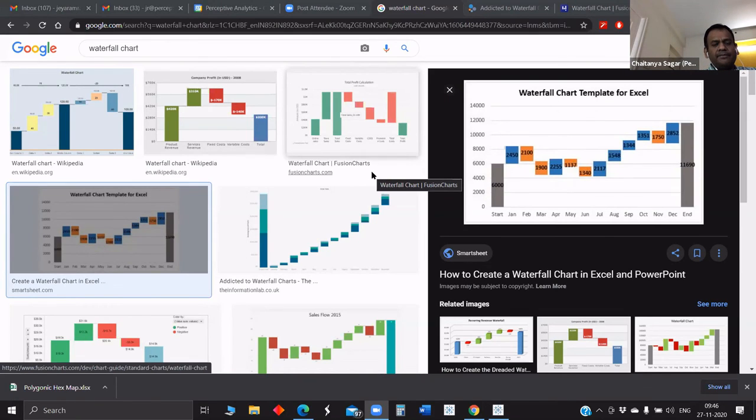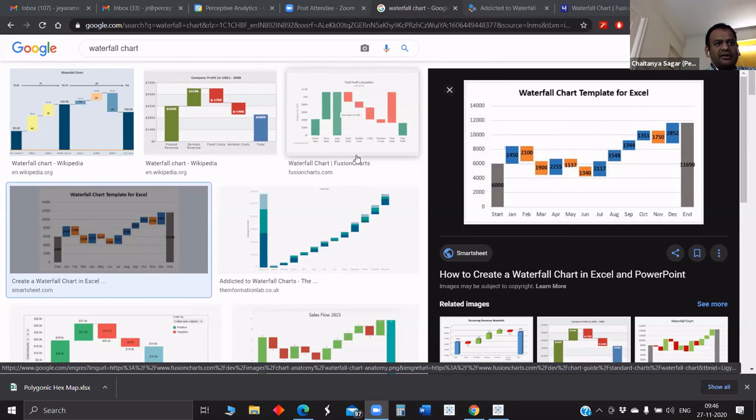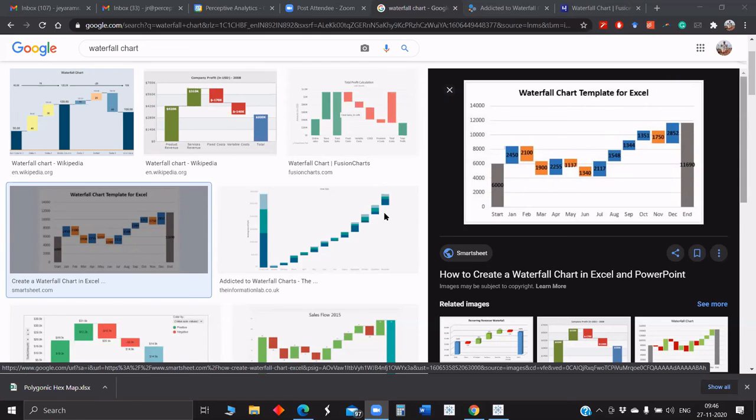These are the general mechanics of this kind of chart. So Jairam, just to make sure we cover various charts, if you can scroll down a little bit, we'll see if there are any other unique charts that we would like to see. Jairam, are you able to hear me? Yes, just slowly scroll down. We'll see if there are any other variants of the charts that we can learn from.